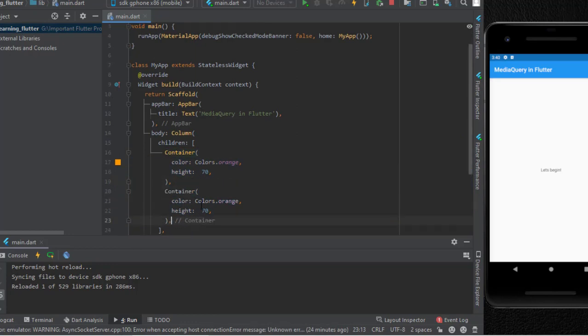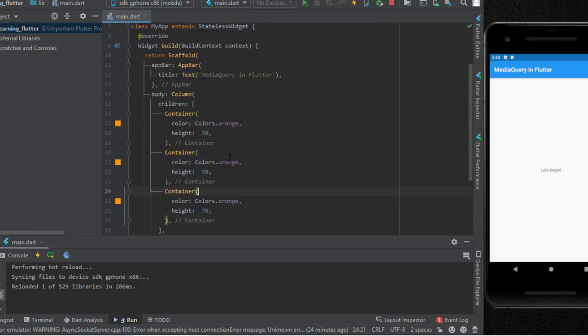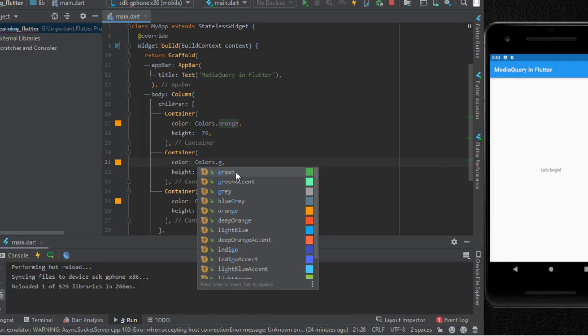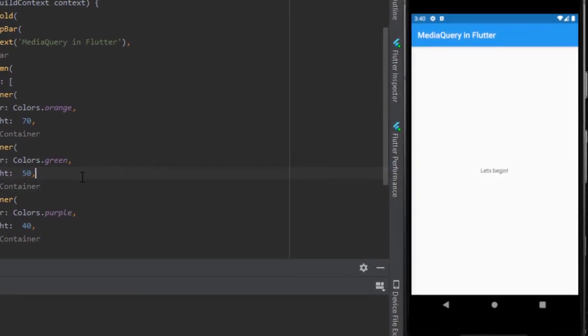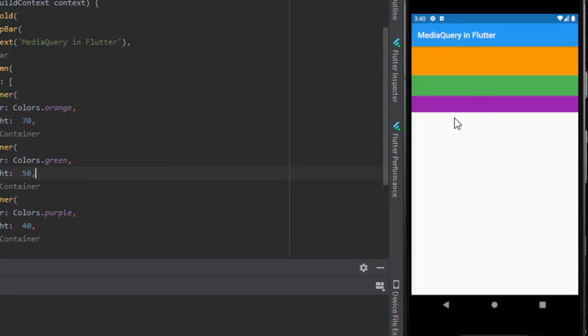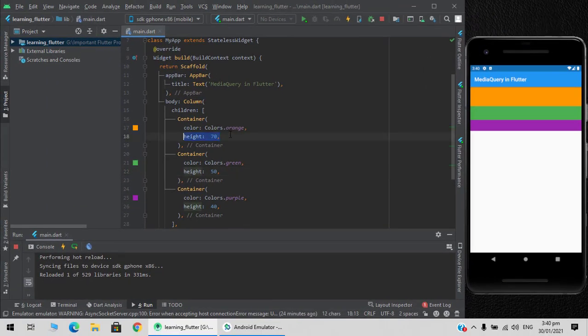Copy, paste, and paste. So now just hot reload and see. Here are the three containers with heights 70, 50, and 40 respectively.